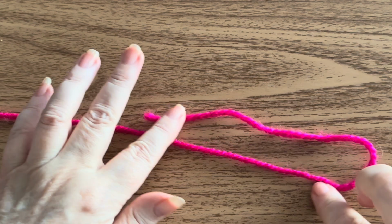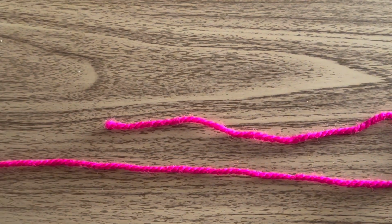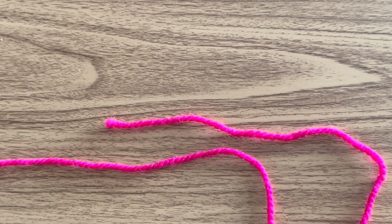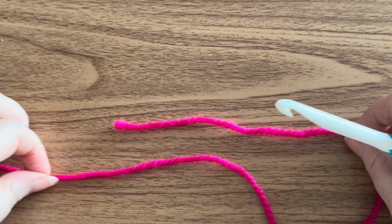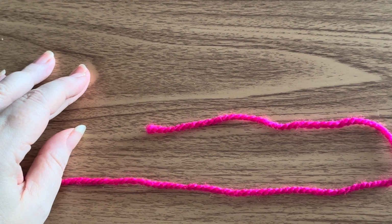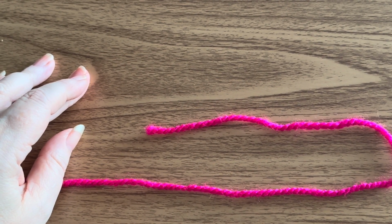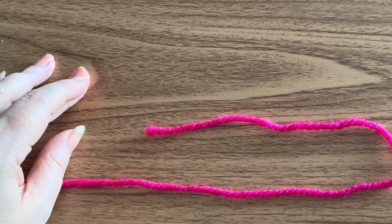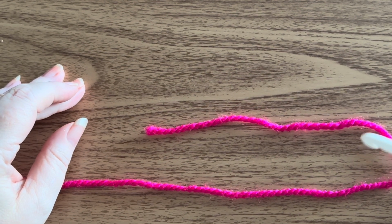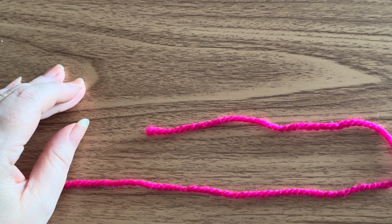So the next thing we're going to do is put into practice some of those stitches that you have learned. Not too many for this first thing. We are going to basically learn how to do a real basic granny square. Now, when you're doing granny squares, depending on the square, you've got a choice of either starting with a slip knot and a few chains and then joining them together